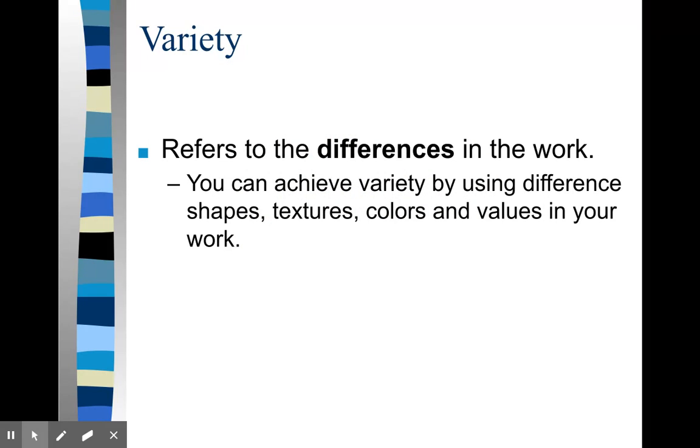Now there's variety. Variety is where we see different things that make the piece of work interesting. If you have something that has great variety but no unity, then it's just chaos. Think about if you had a pile of words. The words wouldn't make any sense. You'd have great variety of words, but it wouldn't have any structure. So variety is important because it mixes things up and keeps them interesting, whereas unity keeps them